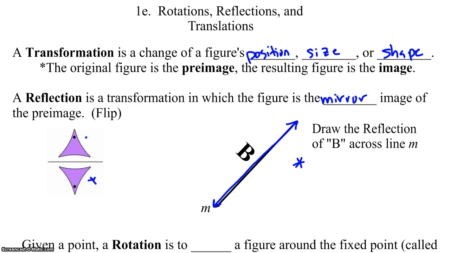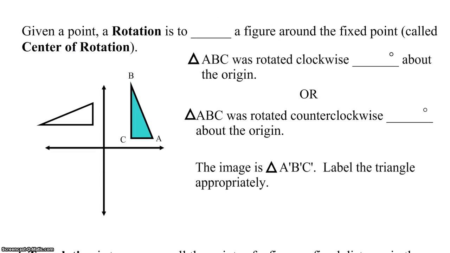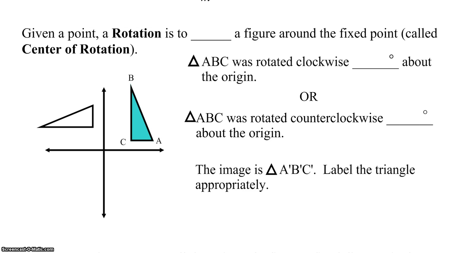Next thing that we talk about is called a rotation. Given a point, a rotation is to turn a figure around a fixed point called the center of rotation. So you're going to essentially glue down one of the points, and then rotate it around that particular point. So if, for example, a triangle ABC, like this image ABC that you can see over here, was rotated,